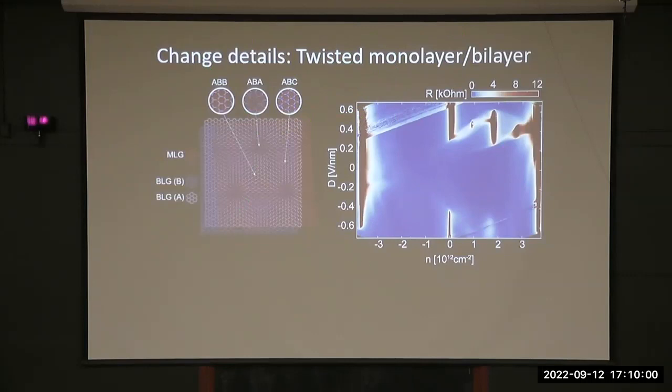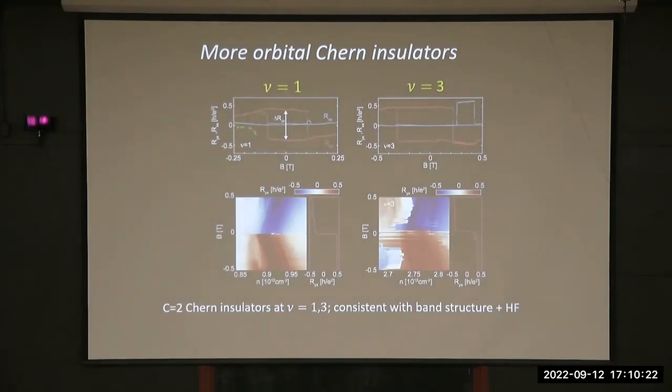And what I'm plotting here is just transport. This is resistivity as a function of density and displacement field. And there's a particular regime of densities and displacement fields and twist angles where you have some features at 1, 2, or 3 electrons per moire unit cell. And it turns out if you look at these closely, you'll see that they have nearly vanishing longitudinal resistivity and nearly quantized or quantized Hall resistance with a Chern number of 2, it turns out, and that's something that we understand reasonably well. But there's something sort of special that happens here at 3 electrons per unit cell,